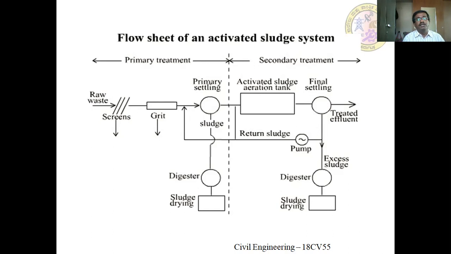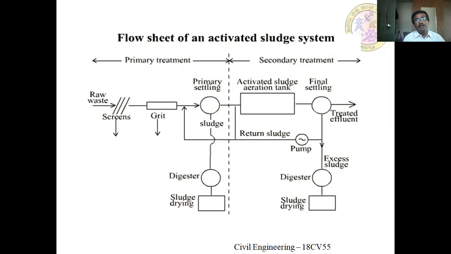By that, the size of the activated sludge is increased, and once the complete degradation of organic material takes place, the microbes die, and there are also some inorganic materials present. By that, the efficiency of the aeration tank is reduced. For that, what we go for next is installing another unit called the final settling tank, otherwise the secondary clarifier.